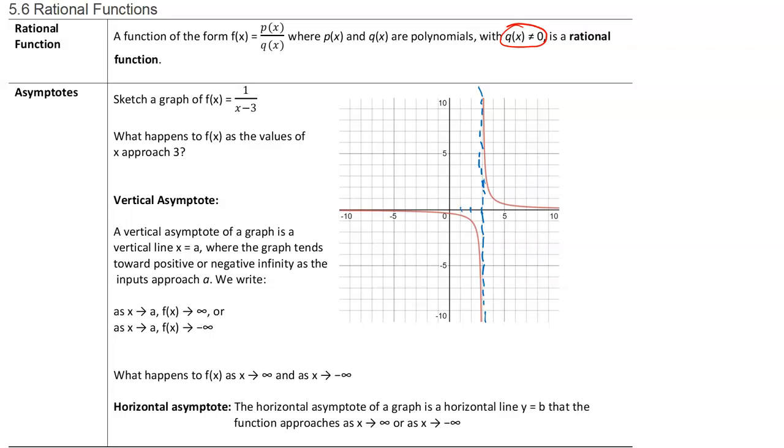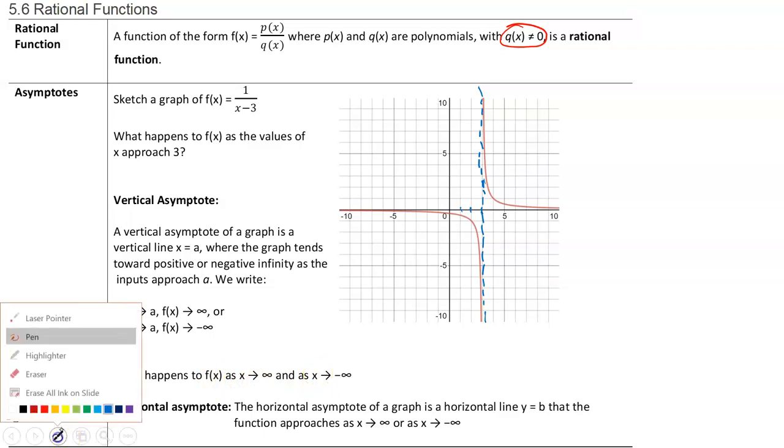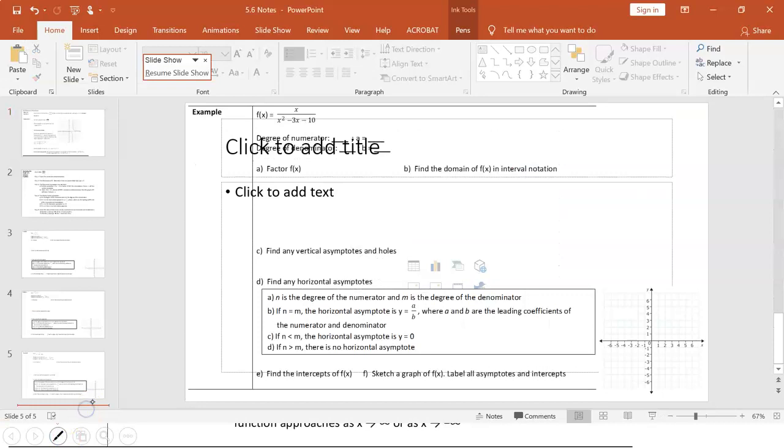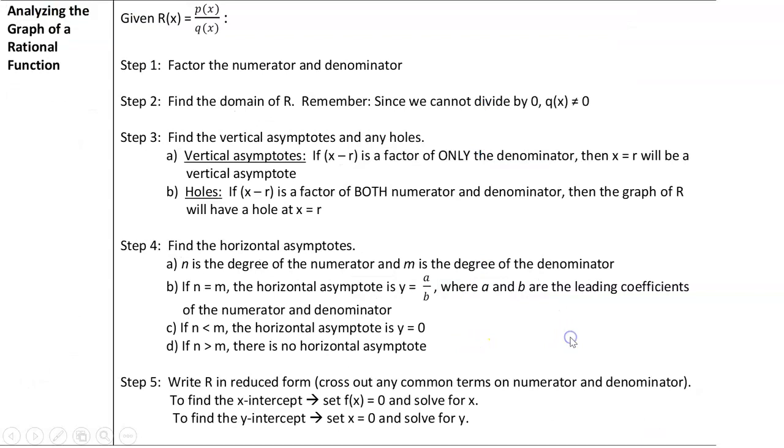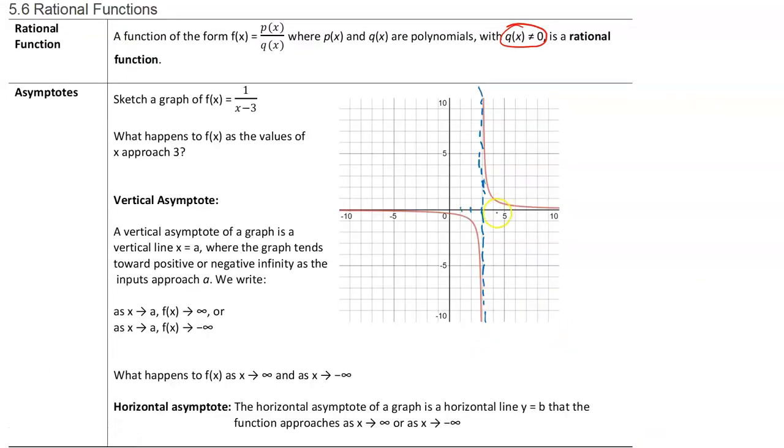Now let's take a look at what happens to the graph f of x as x approaches infinity and negative infinity. And let me use a different color for that. So as x approaches positive infinity, look at the graph. It's going to get very, very close to this line, the x-axis, without actually touching it. Same thing on the other side. As x approaches negative infinity, the graph is going to get very, very close to that x-axis without actually touching it. So the x-axis in this case,